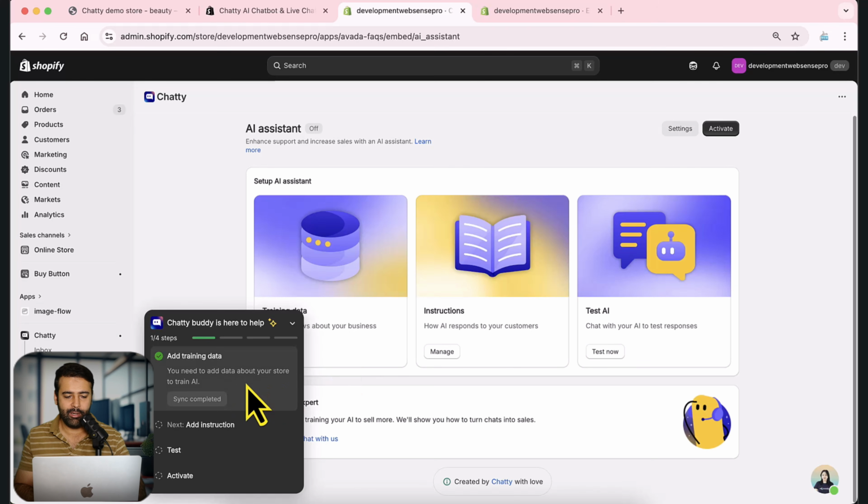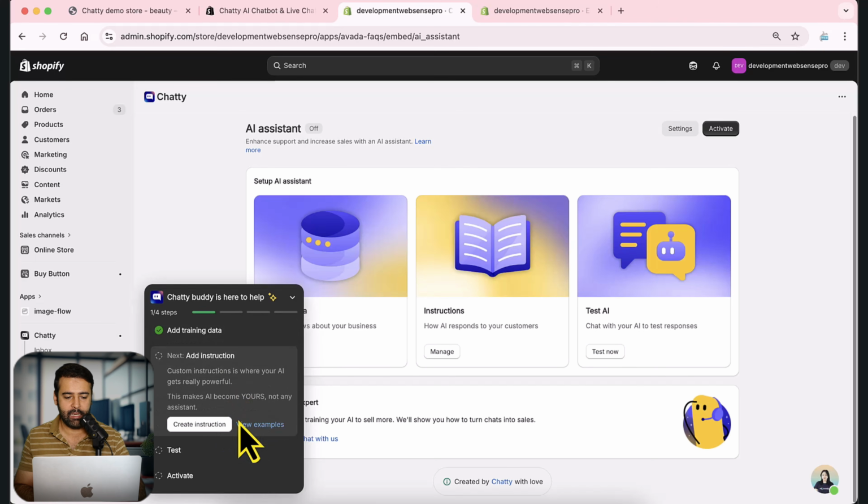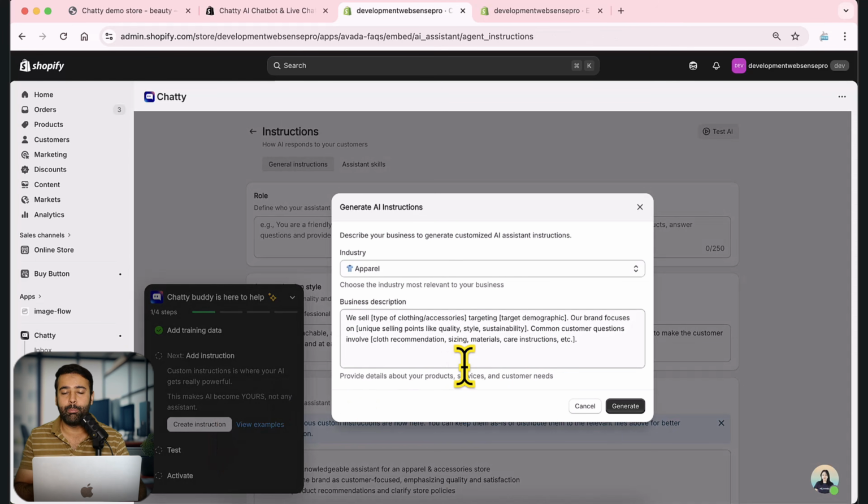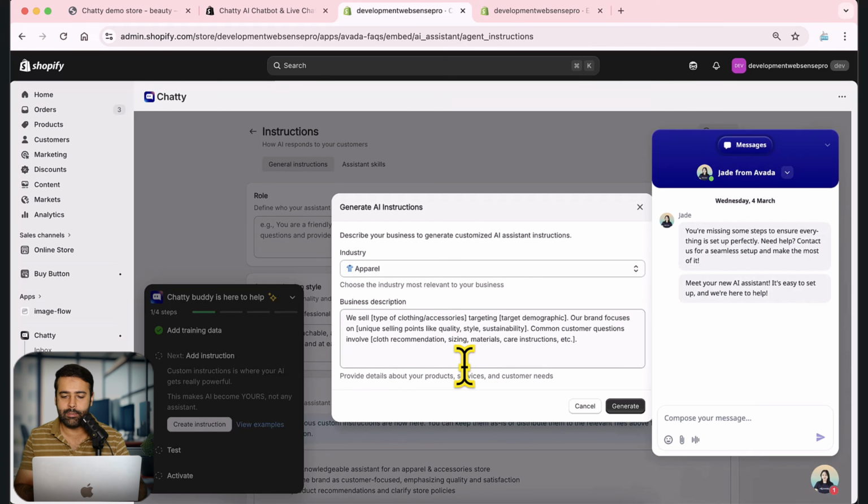Perfect. We have our data synced from Chatty app. Now let's click on next, add instruction, and click on create instruction. So this is basically a prompt which you will give to the AI system, where it will be able to understand the role better. And you might be noticing this pop-up here showing up, where we have Jade and Sony